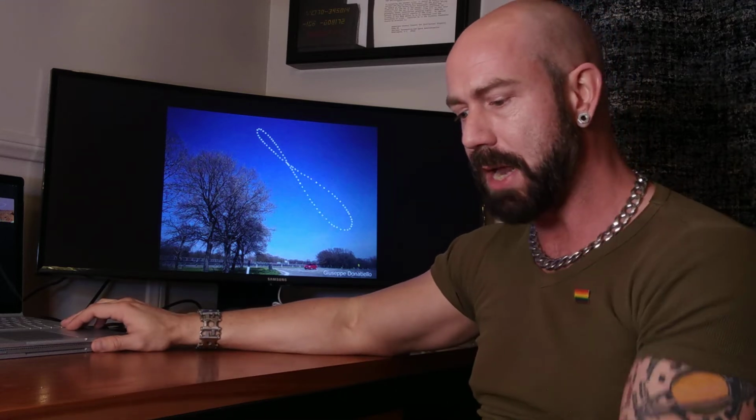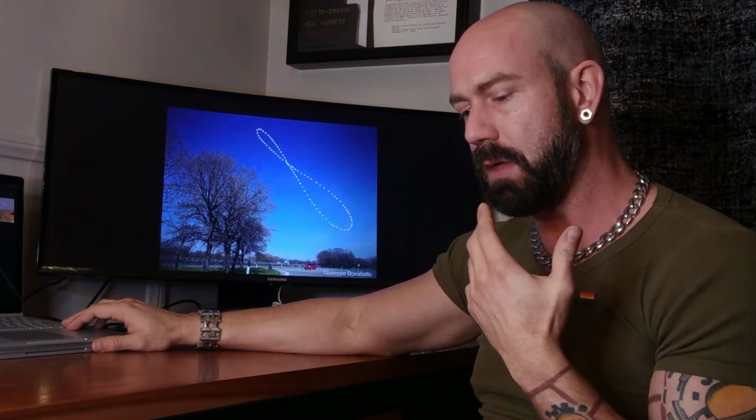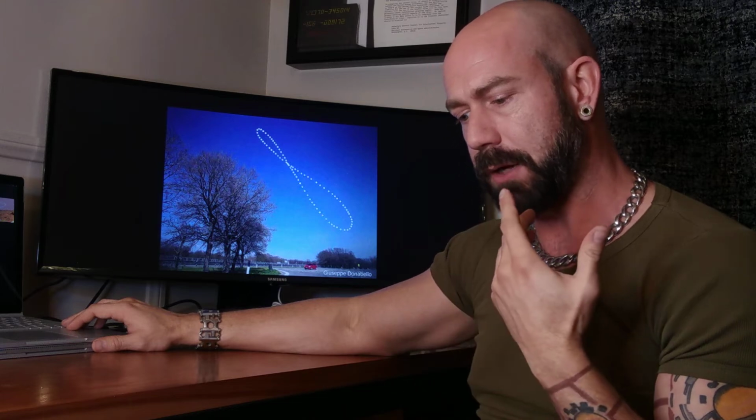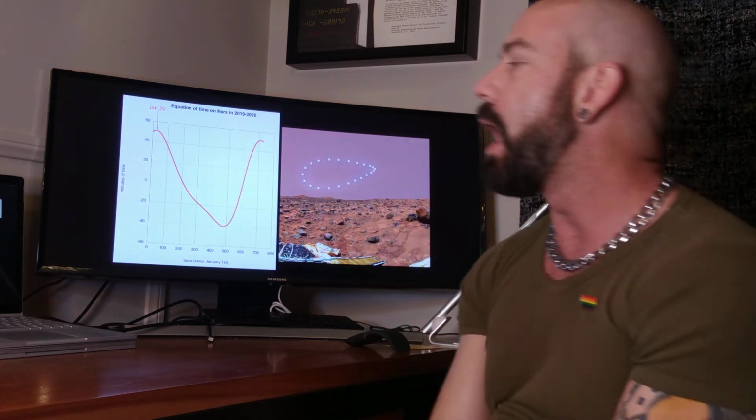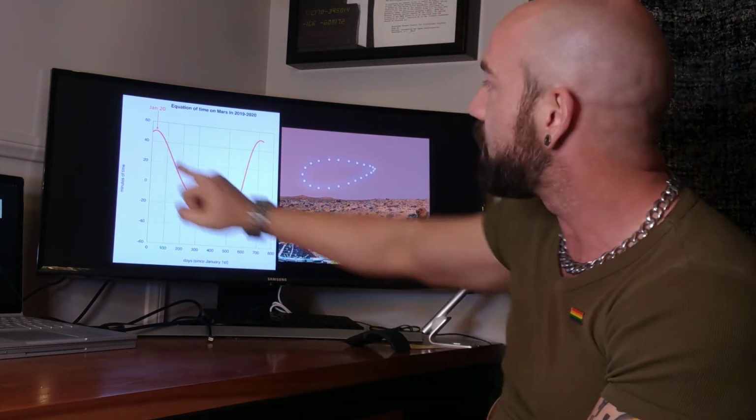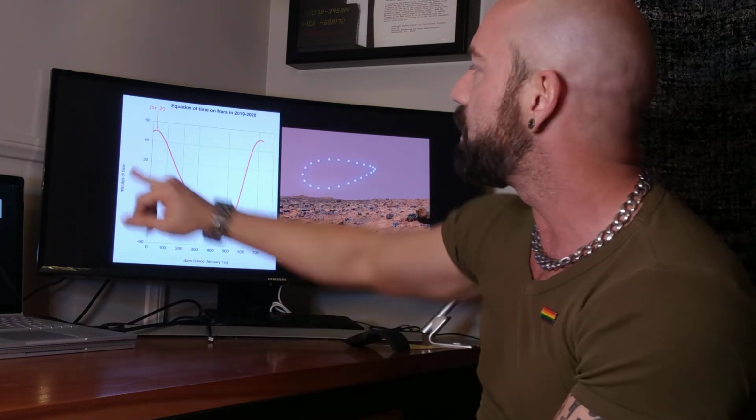Well, on Mars, we also have an elliptical orbit, but because the orientation of the orbit is different, and where the perihelion is with respect to the axial tilt direction, it results in a different shape. The equation of time looks different, and the Analemma looks different. It's kind of this teardrop shape. And it just so happens that January 20th is a day when the equation of time reaches its maximum, and we're at a maximum deviation of about 51 minutes from the true